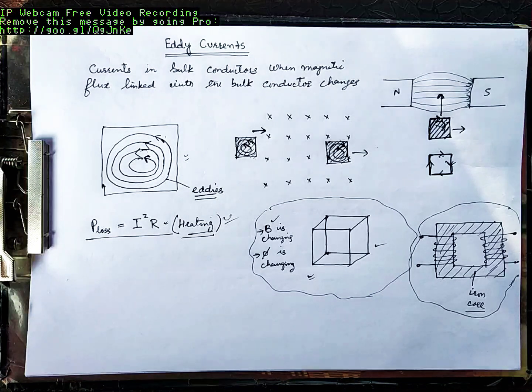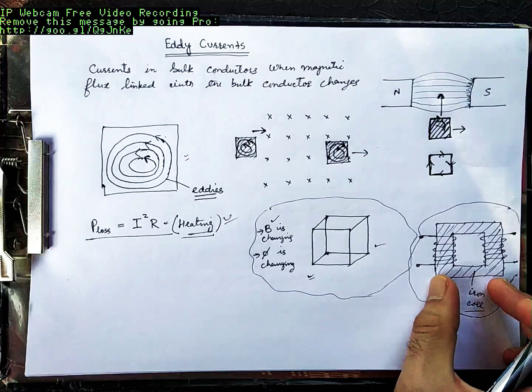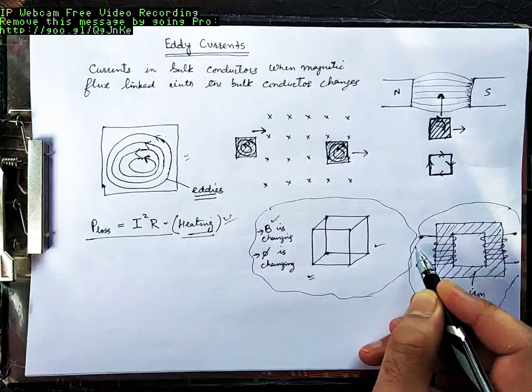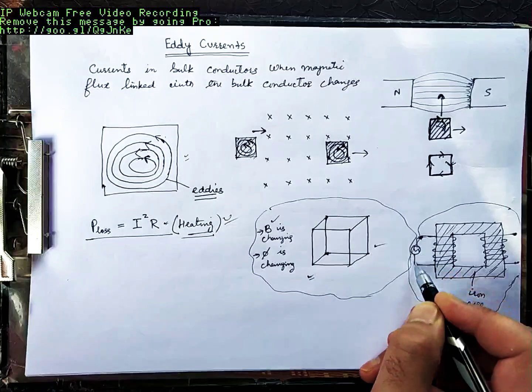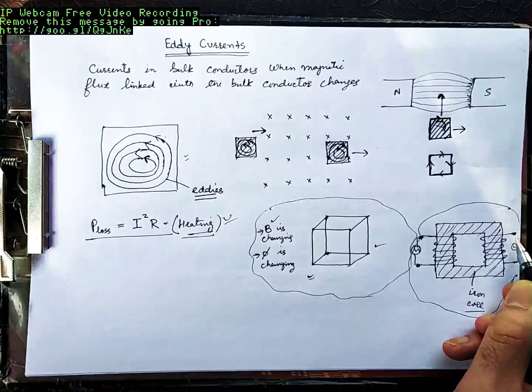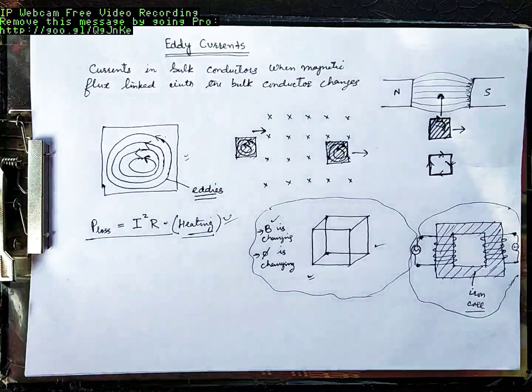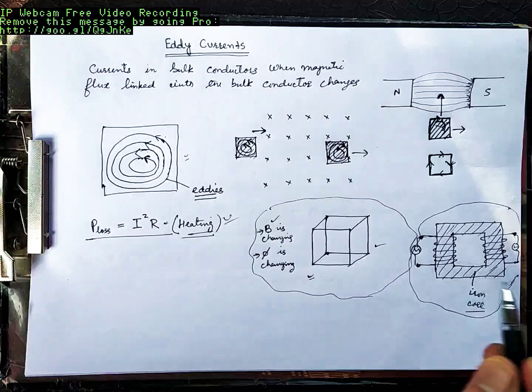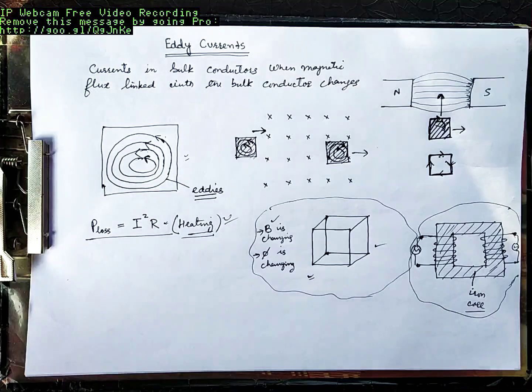You are wasting electrical energy. Otherwise, the purpose of this transformer was, suppose this side is known as the primary, you have some voltage connected on this side, and you want to convert this voltage to the voltage on the secondary side over here. But what you are doing is producing some heat in between, and that heat is the wastage of energy. Is the heat of the transformer some useful energy? Do you use that heat of the transformer? No, we don't use that. That is a byproduct. That's a wastage of energy.